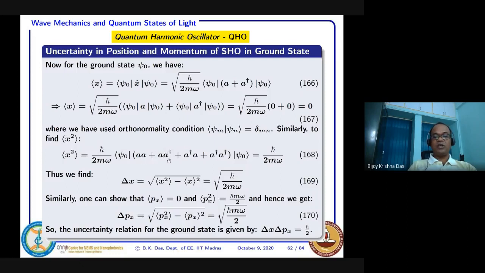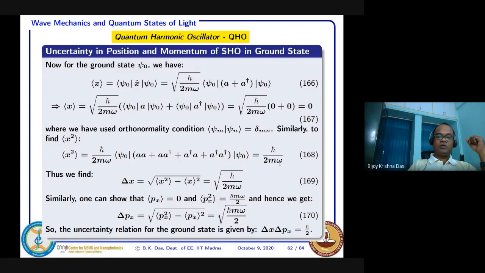The first term is 0. This term is 1. And this term, when you put a, is 0, right? That's the ground state. You lower it, that is 0. Similarly here, because of the orthonormality condition, the last one is the raising operator: psi 1, then operate again to get psi 2, and the inner product with psi naught is again 0. So only this term survives, and it survives as 1. So you have only this part, which is whatever I have written here.